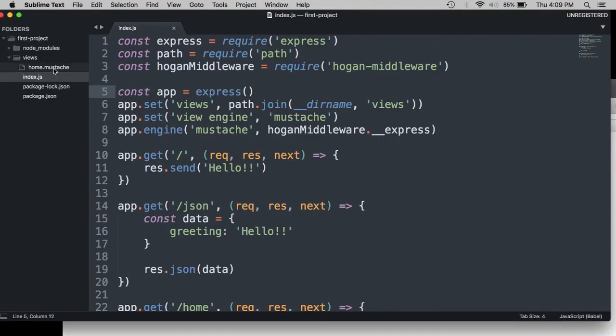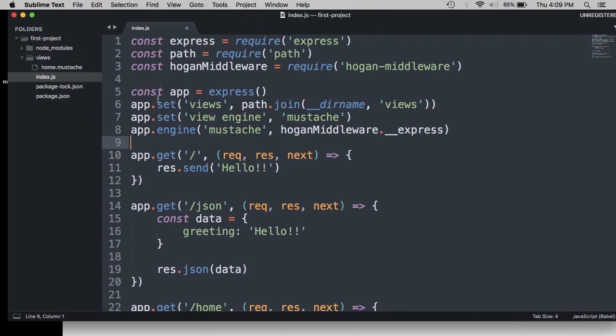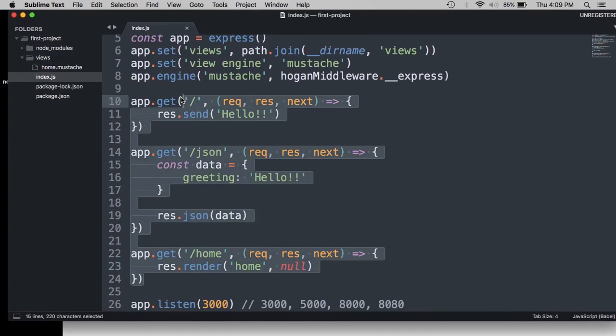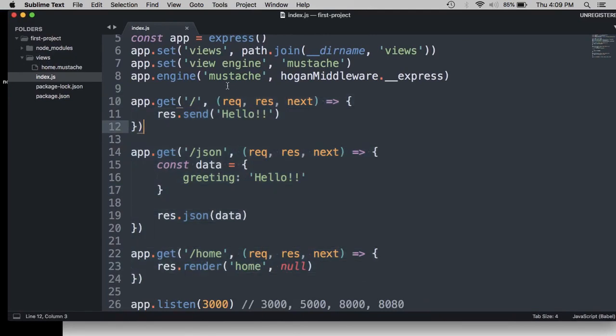We connected the view engine as well as set the templates directory, and we showed 3 common types of responses that you see in a Node Express application. There are a few others, but these are by far the most common. So in the next video, we're going to continue building out the basic structure of the project a little bit more by adding an area for static files, so CSS, JavaScript,